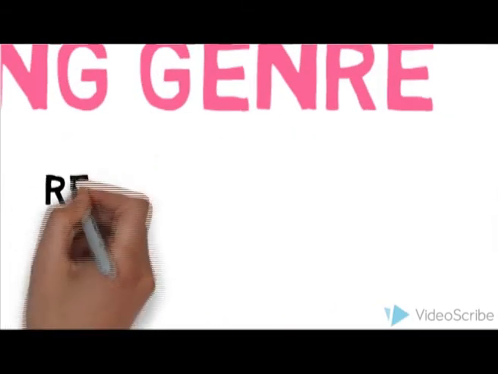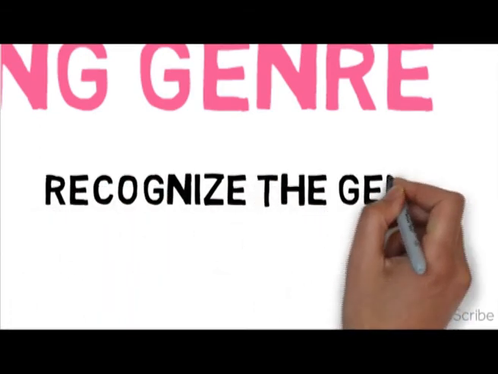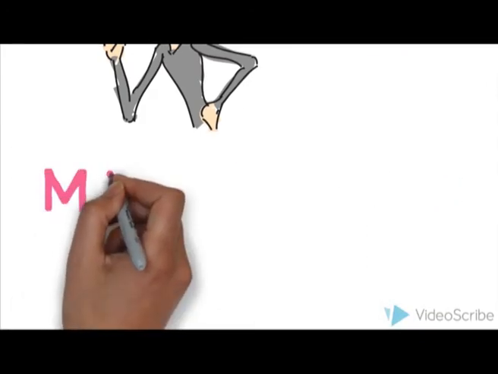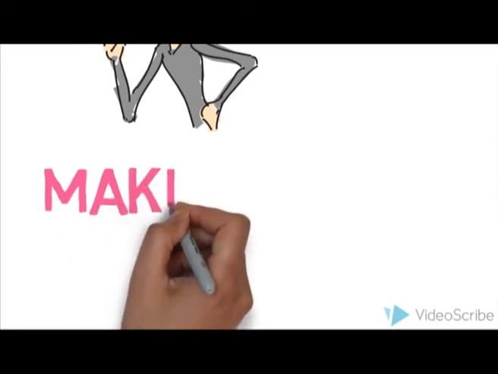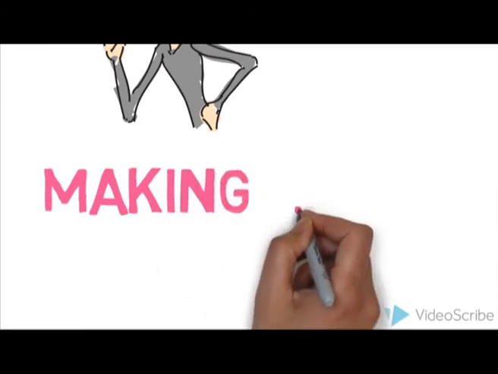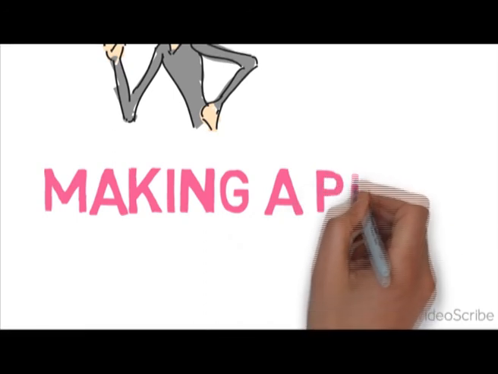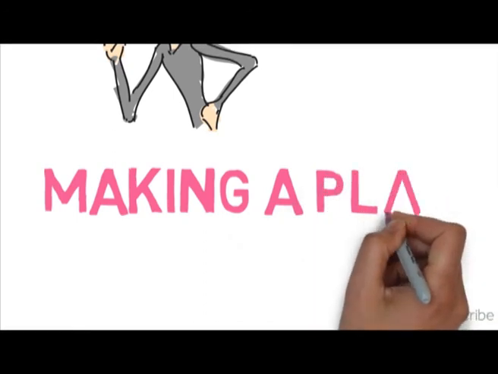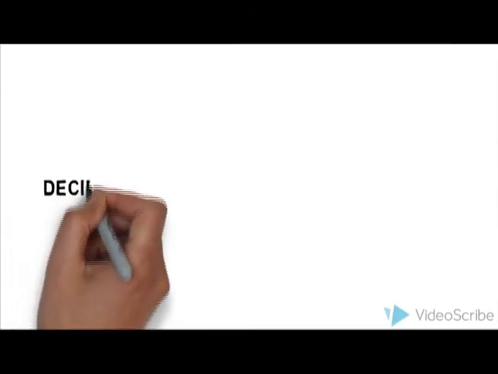That analysis of genre was already mentioned in the first part of this video. And the third step of this process and genre is making a plan. Generating ideas and analyzing genre are all part of the planning process, but they are all of course different from the act of making a point itself.